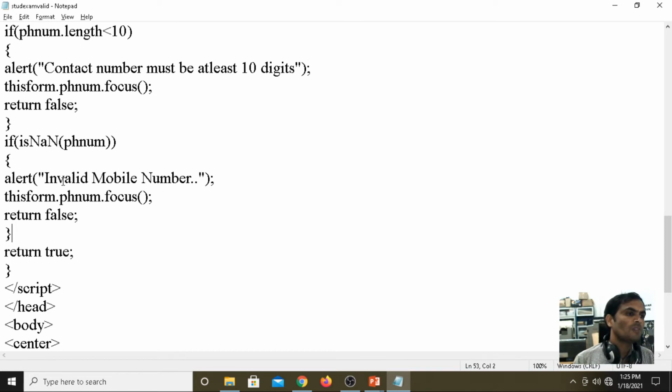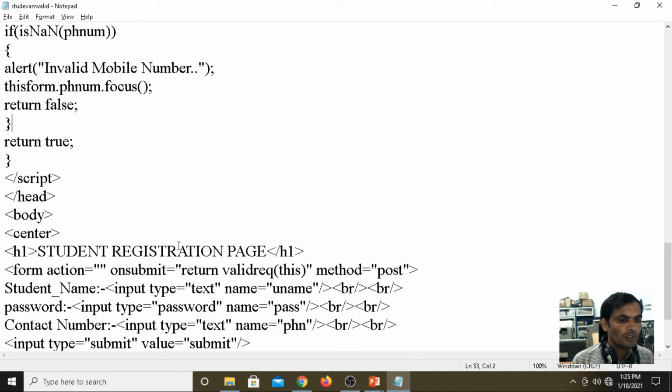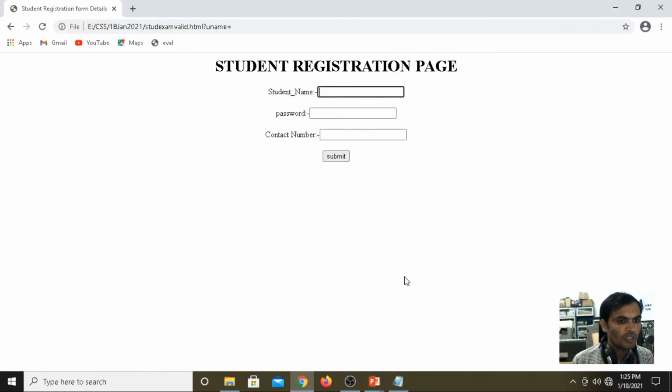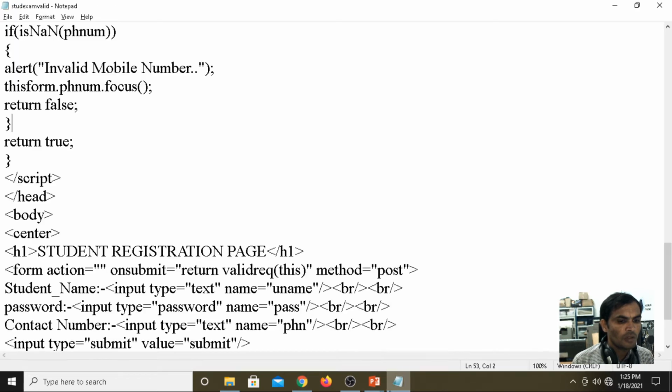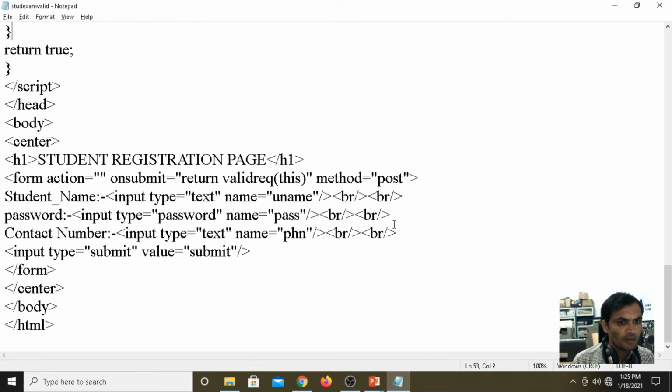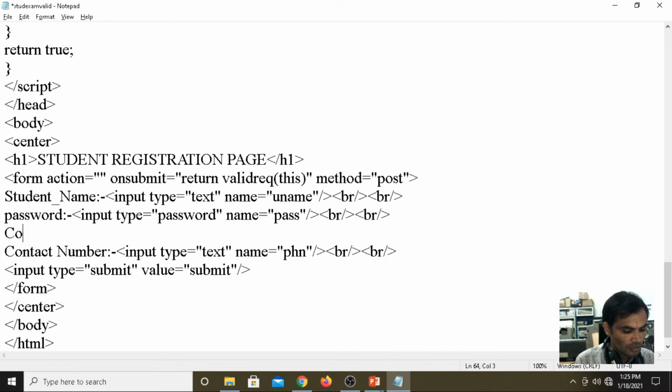Then if you want to confirm the password, the last one, I am taking one more label. Now I am taking here confirm password.